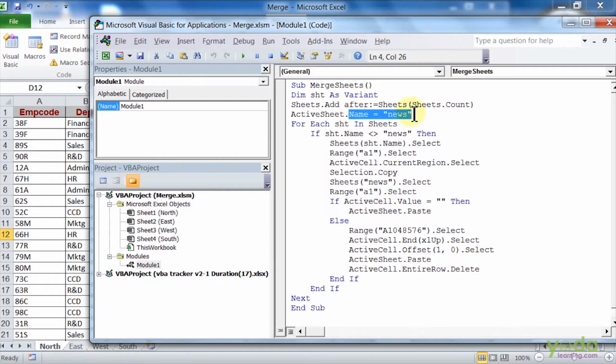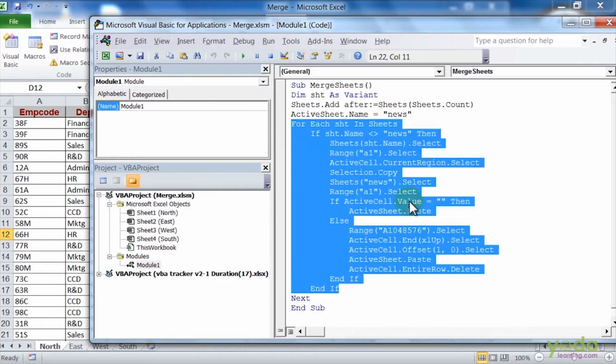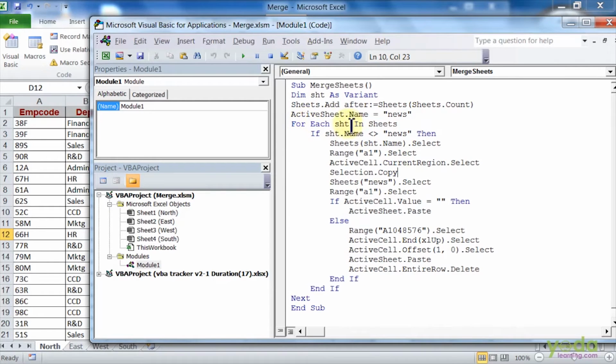The name of that sheet will be news, and here I have assigned a loop where each sheet in the collection of sheets, if the name of the sheet is not equal to news, then it will select the range A1 in each sheet and it will copy the data and paste it onto the new sheet if the selected cell onto the new sheet is not equal to blank.